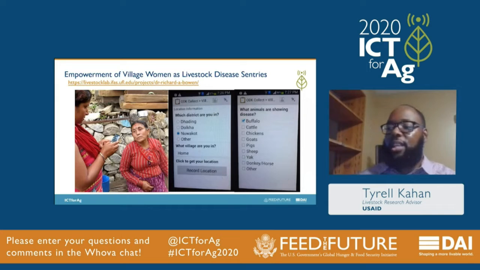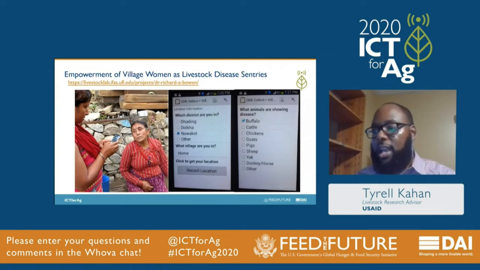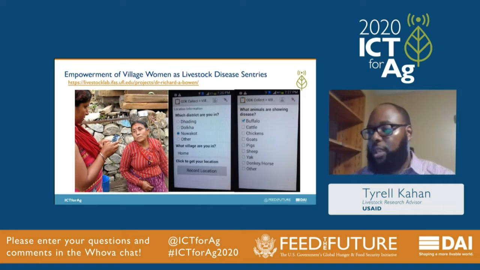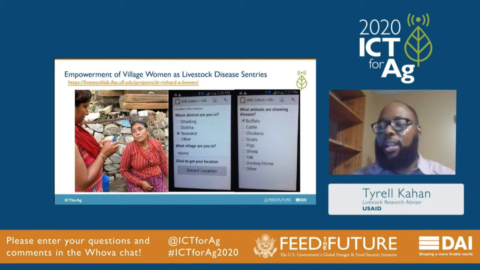So basically, a phone app was developed, and it's a mobile phone-based application to report livestock diseases through the participation of women in rural villages where animal health services may not fully reach, or animal health providers have some challenges getting to regularly. Members of those remote communities report livestock diseases to a lead woman sentry who uses the app